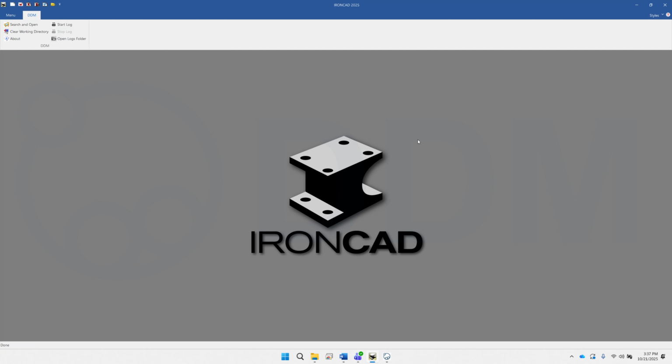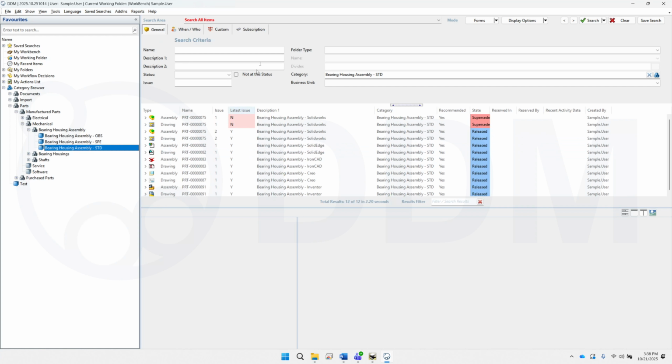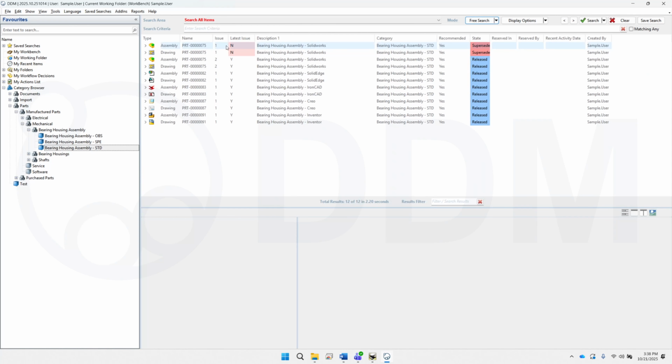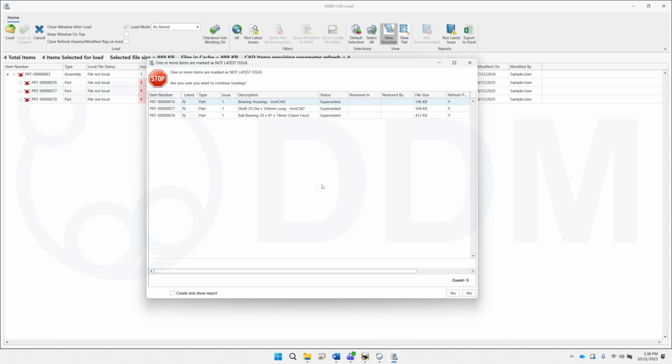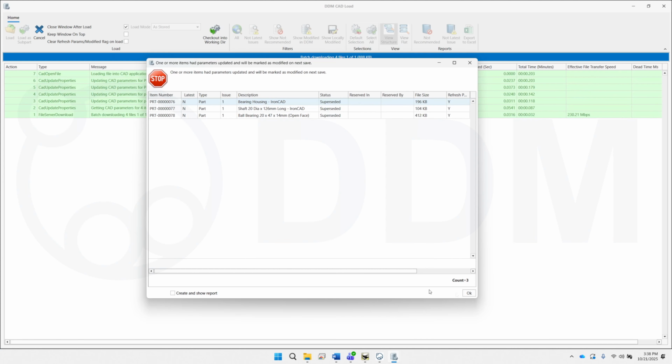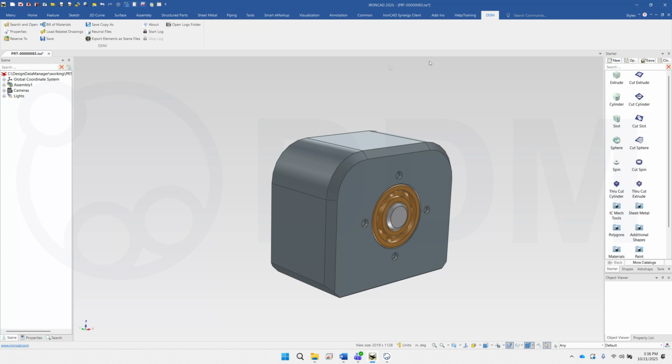Next we'll look at some of the changes to the single save. So we will load an assembly. This assembly has refresh parameters as well as the not latest issue. So if I continue to load this, and if we navigate to the DDM ribbon and begin a save,